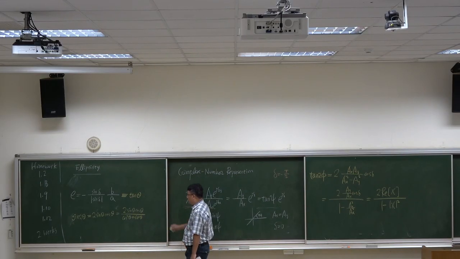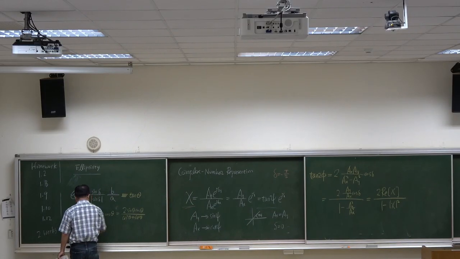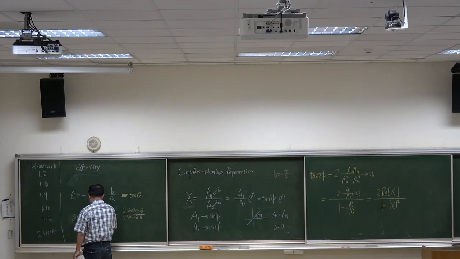Then we divide every term by cosine squared theta. You see, the result is 2 tangent theta over 1 plus